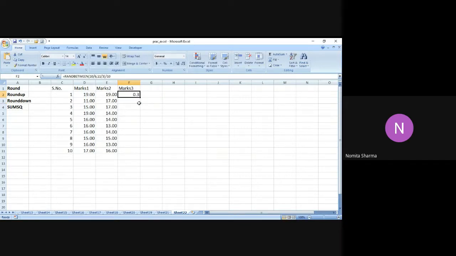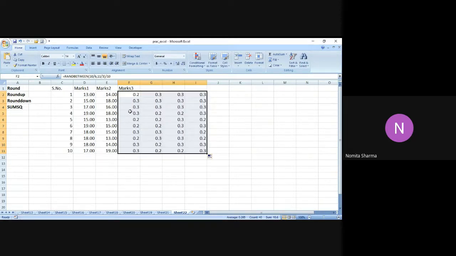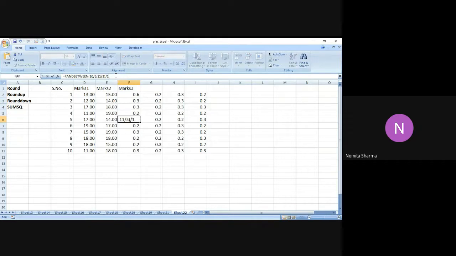Now I got this as the answer. Let me drag this further to the other areas. Okay, let me write it. I'm just trying to make a good data set so that I get the right answer.